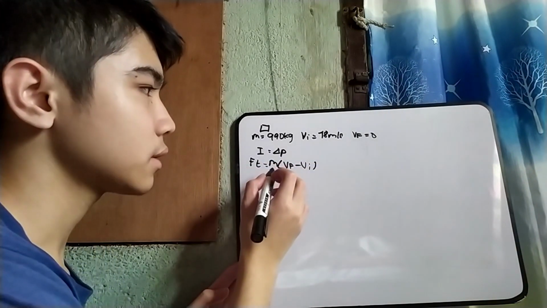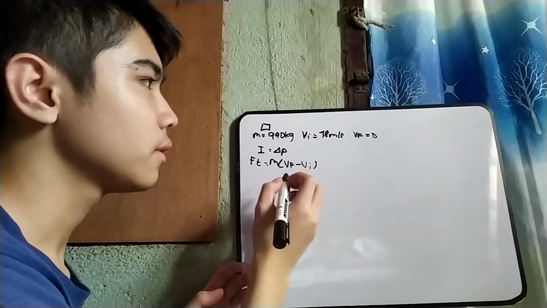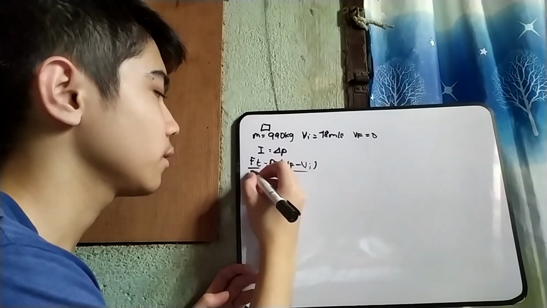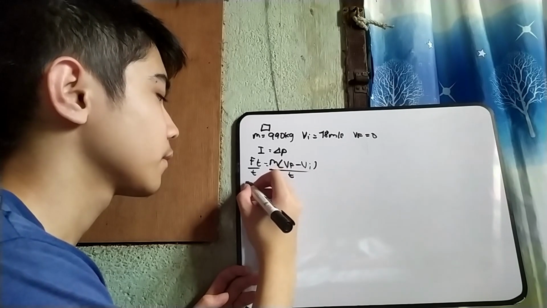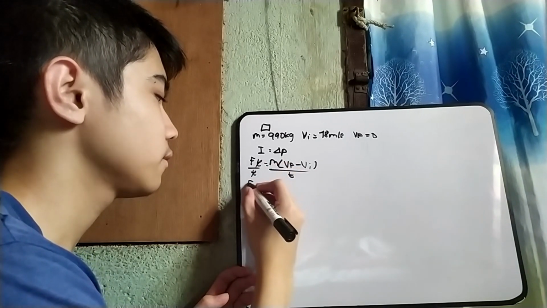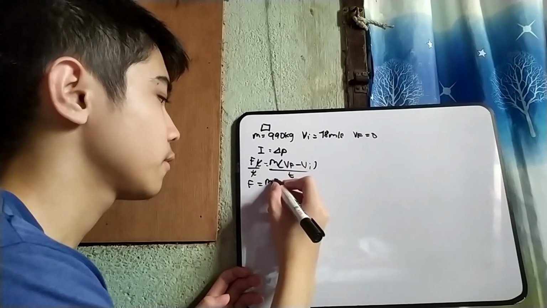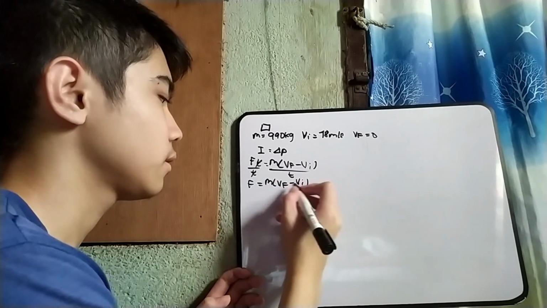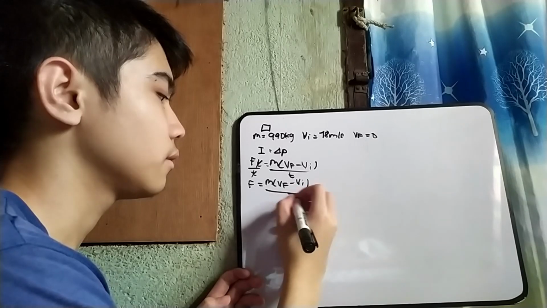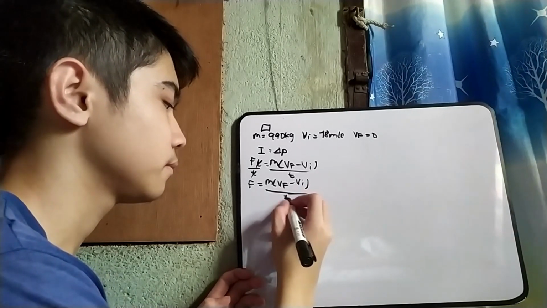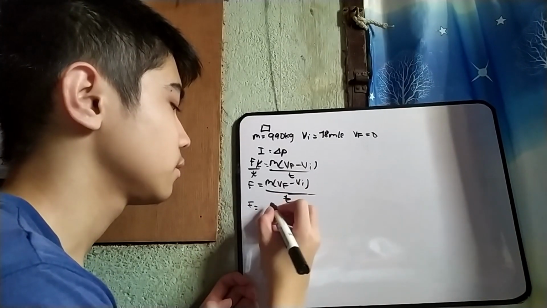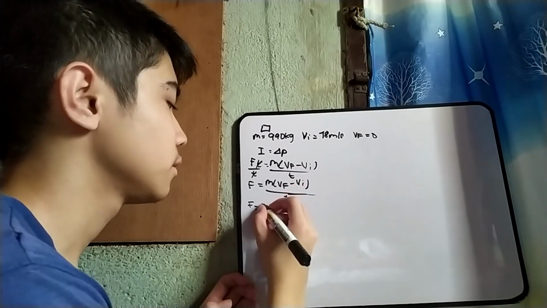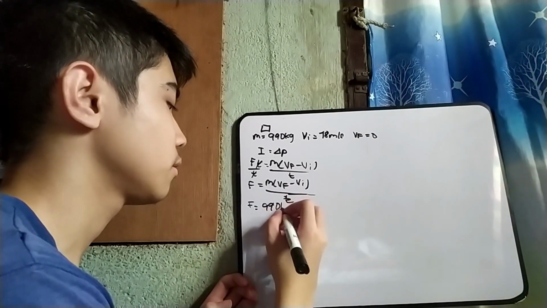So, sabi sa given, hahanapin natin yung force. So, divide both side by T. Cancel. F is equals to M or V final minus Vi over T. And i-input lang yung mass 990 kg